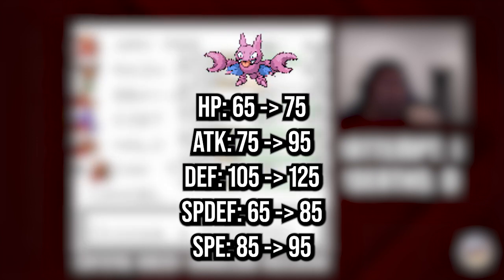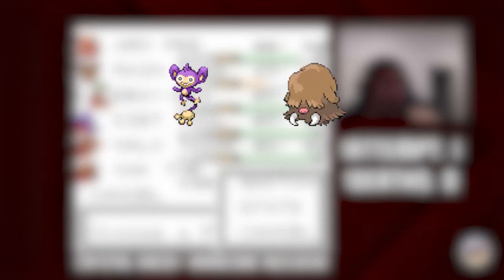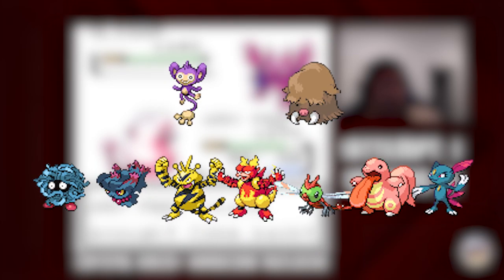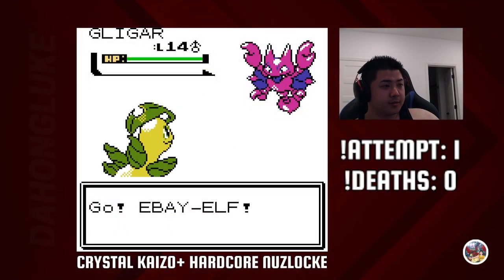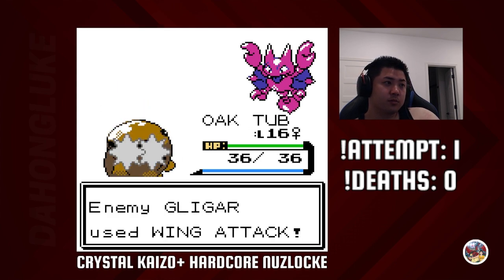In fact, this game actually does this for many Pokemon who receive evolutions in Gen 4, like Aipom and Piloswine, and other mons who have evolutions in future generations also got buffs for the most part. But continuing on, I switch first to Bailey to tank a Rock Throw and bait a Wing Attack onto Kabuto,